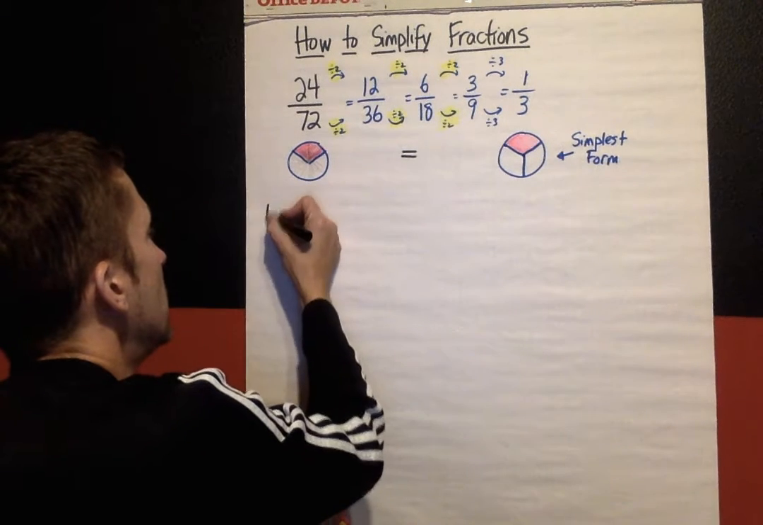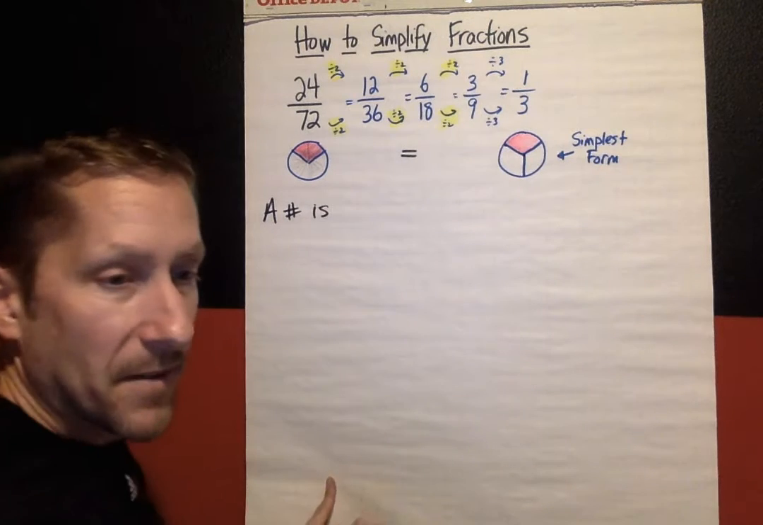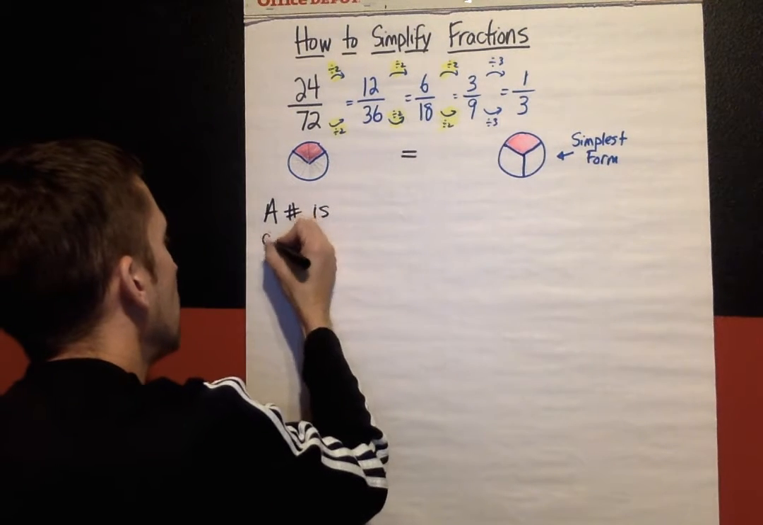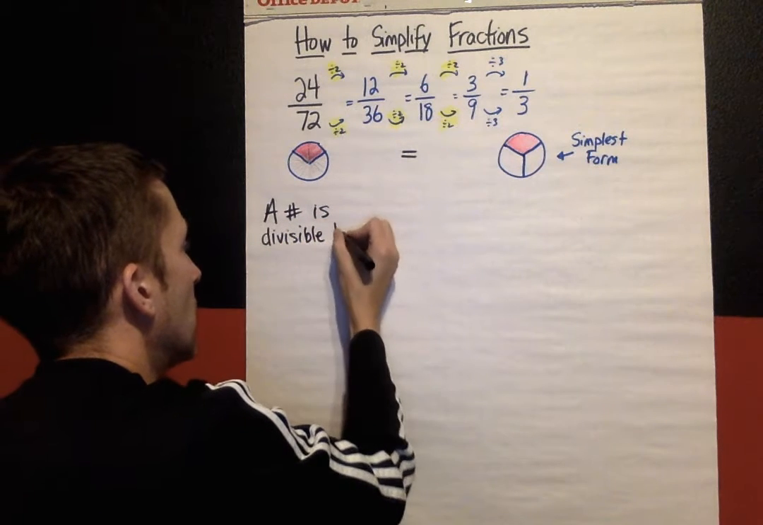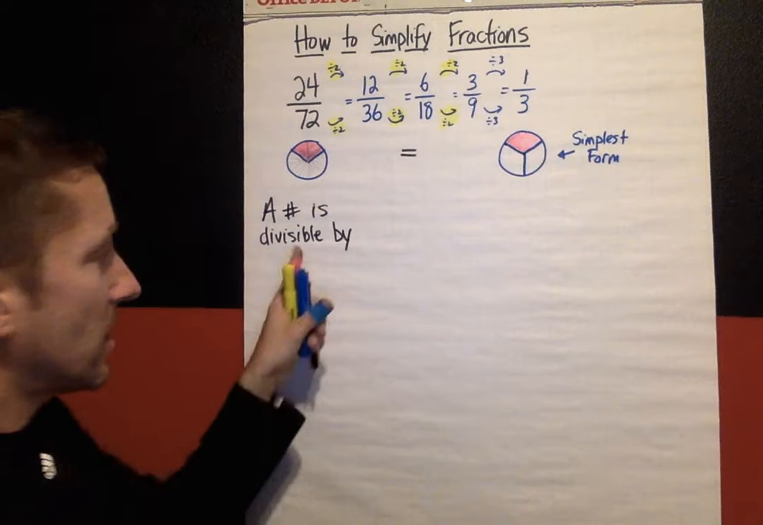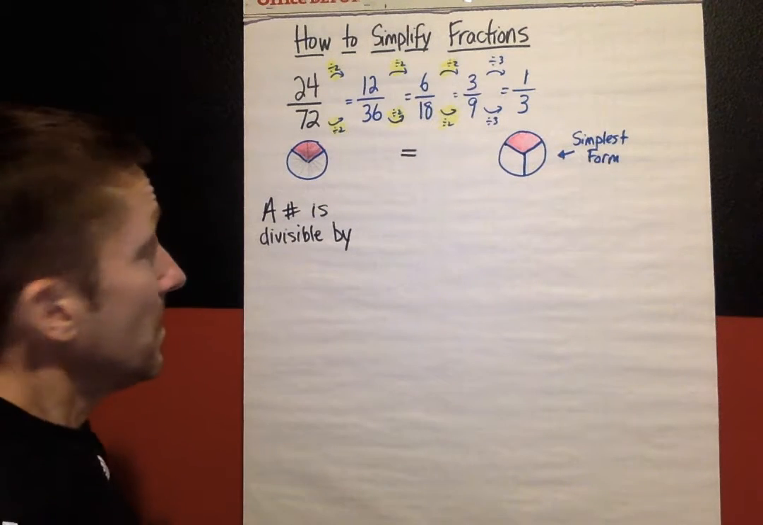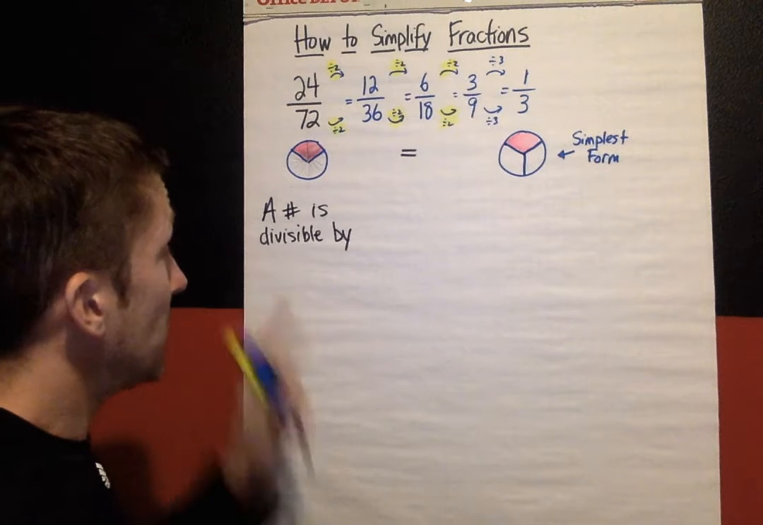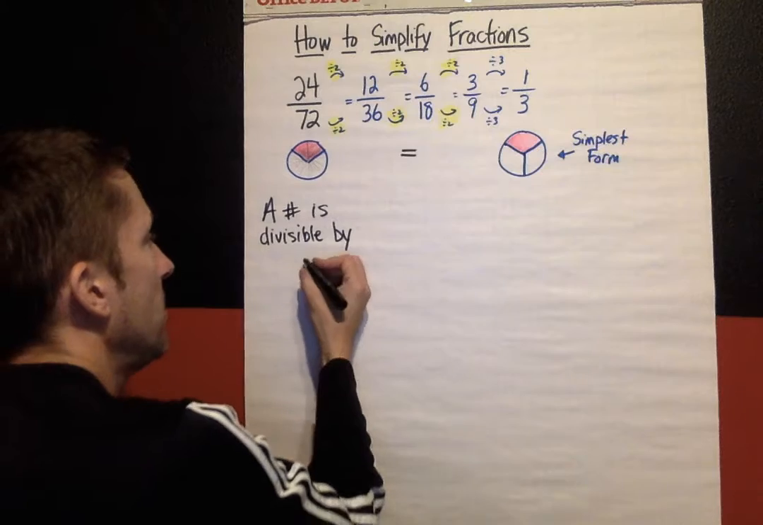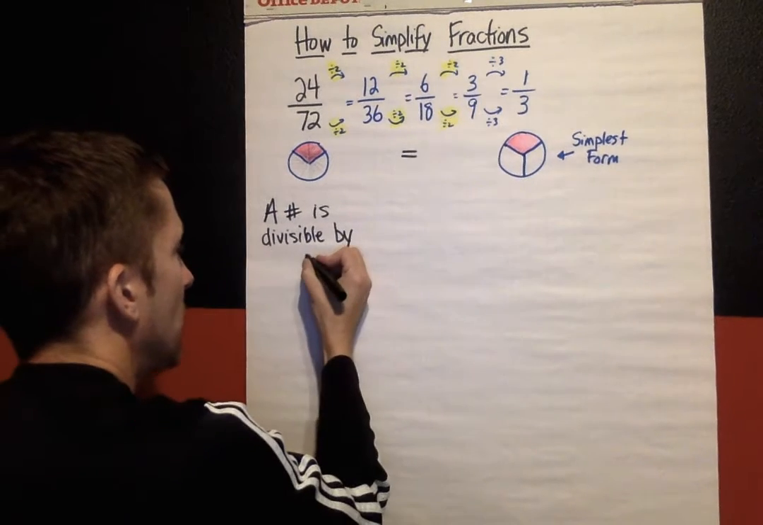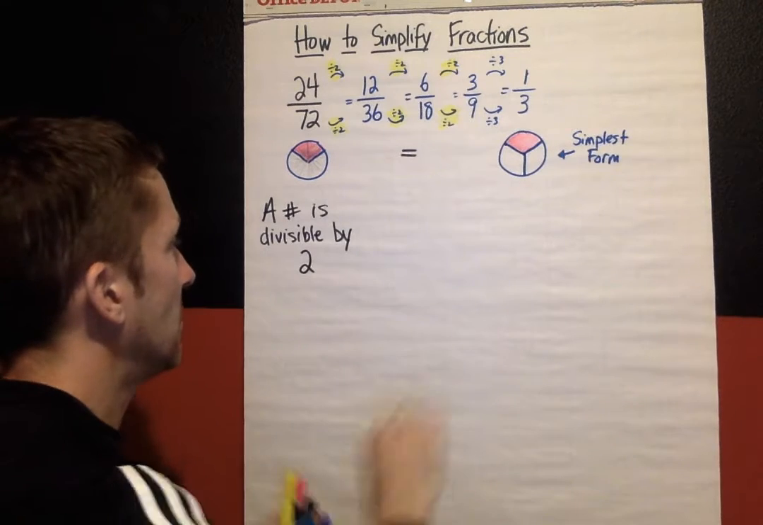A number is divisible by, and we're going to list the numbers here and kind of the test that you know, does this number go into the number you're asking about or not? Okay, so a number is divisible by 2 if